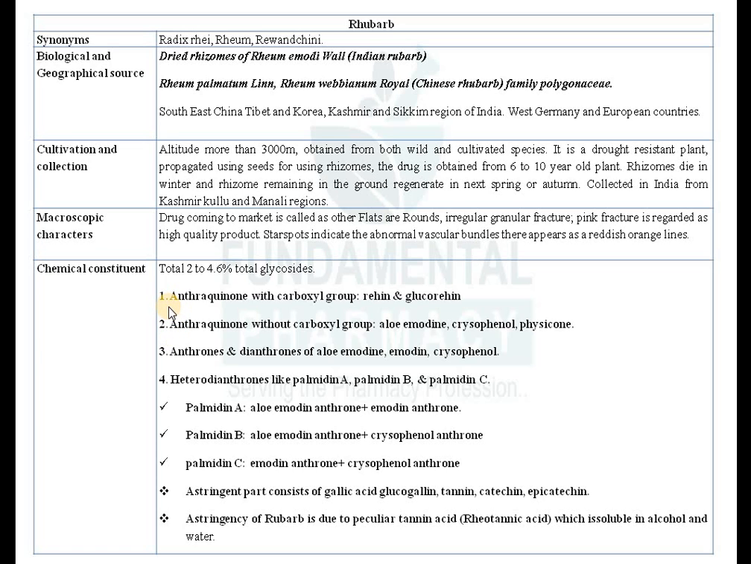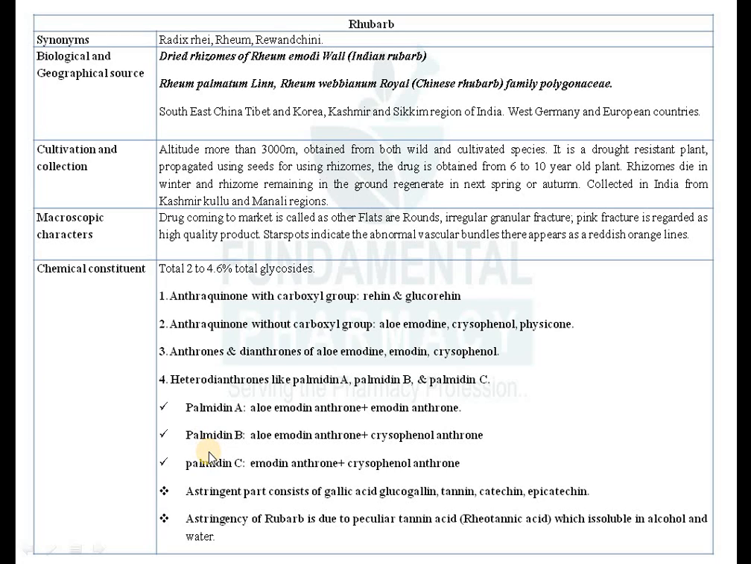So again, rhubarb has anthraquinone glycosides. Okay. Anthraquinone glycosides are divided into anthraquinone with carboxylic group, anthraquinone without carboxylic group, anthrones and dianthrones. Leave all this, just remember that it contains anthraquinone glycosides, and their names are rhein, glucorhein, emodin, chrysophenol, aloe-emodin, like that. The main glycosides in rhubarb are